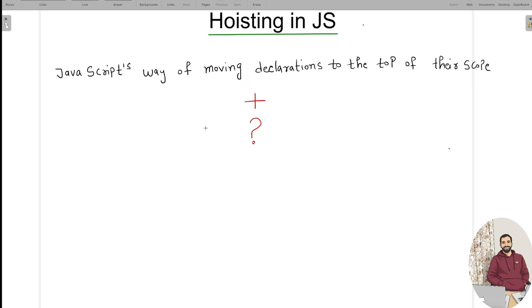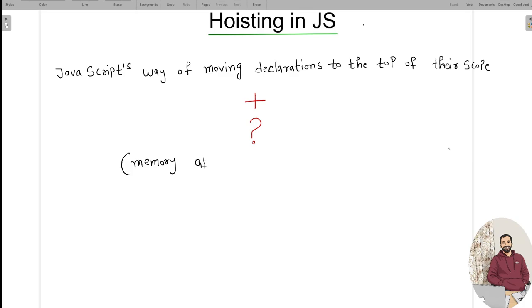In the interview, if we say it's JavaScript's way of moving the declaration to the top of their scope, just by saying this it's correct, but we should add some extra details. What is the extra detail that will give us the extra edge in the interview? That is, what is hoisting? So hoisting is